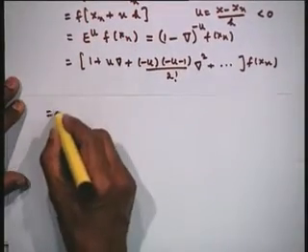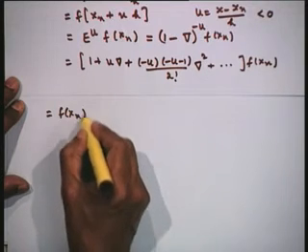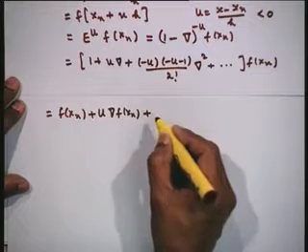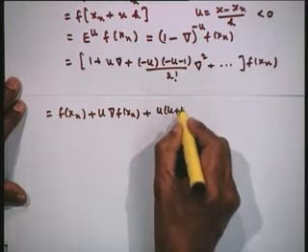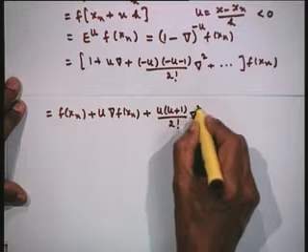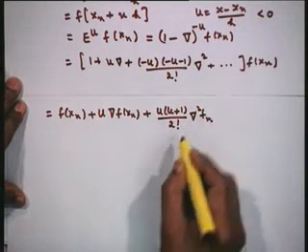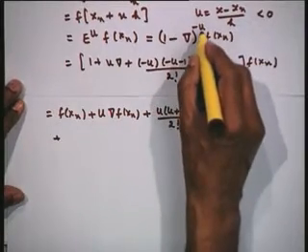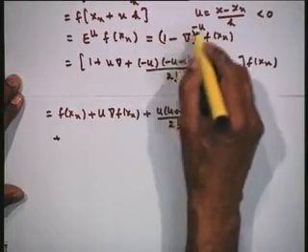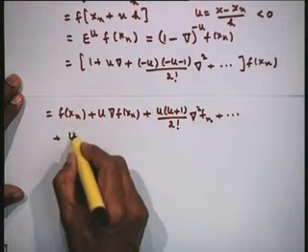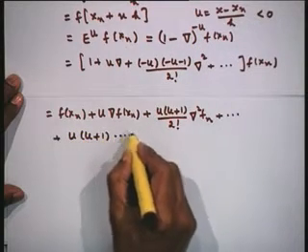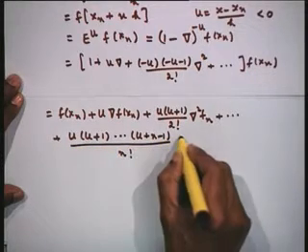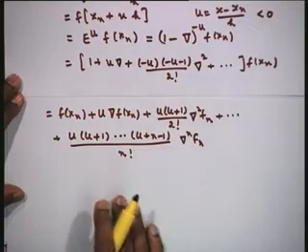Therefore, they would all simplify as f x n plus u delta f x n plus u into u plus 1 by factorial 2 delta squared f x n. They would all be positive, because when you are taking the odd, there is a negative sign here. So, they are going to be plus sign. So, we will have the plus sign only, u into u plus 1, and so on up to u plus n minus 1 by factorial n delta n f n.